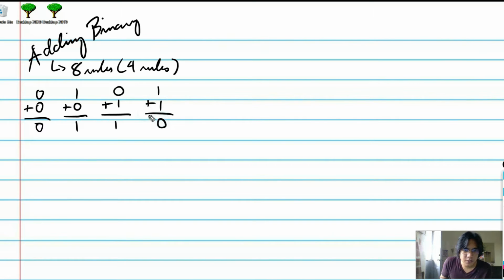So the rules are, if you have a 0 plus 0, then this is a 0. If you have either a 1 plus 0 or a 0 plus 1, you get a 1. If you have a 1 plus 1, you get a 0 carry 1. These are the rules that you follow if there's no carryover. However, if you do have carryovers, then you follow